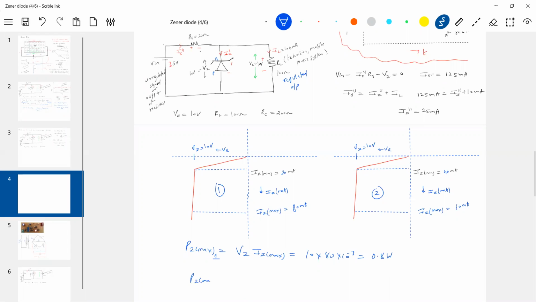What is the power rating of the second Zener diode? This is equal to 10 volt, 60 into 10 to the power of minus 3, 0.6 watt. So which power rating is better? I'll prefer this one. If you use this, it is not suitable for the above application. For the above conditions, better you write, above fluctuations, above delta V, it will work out successfully.